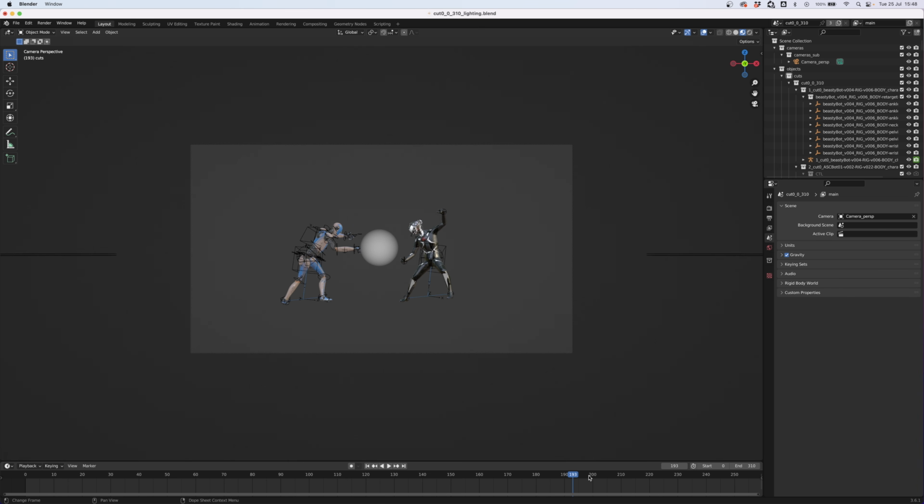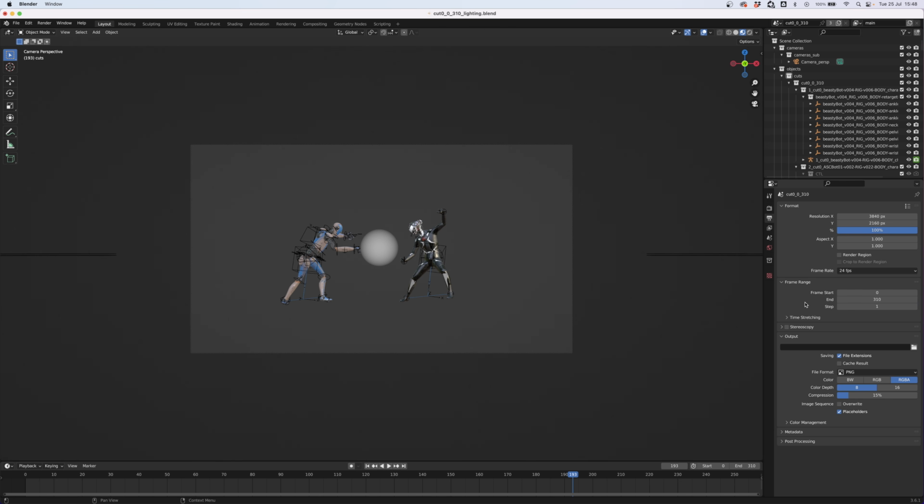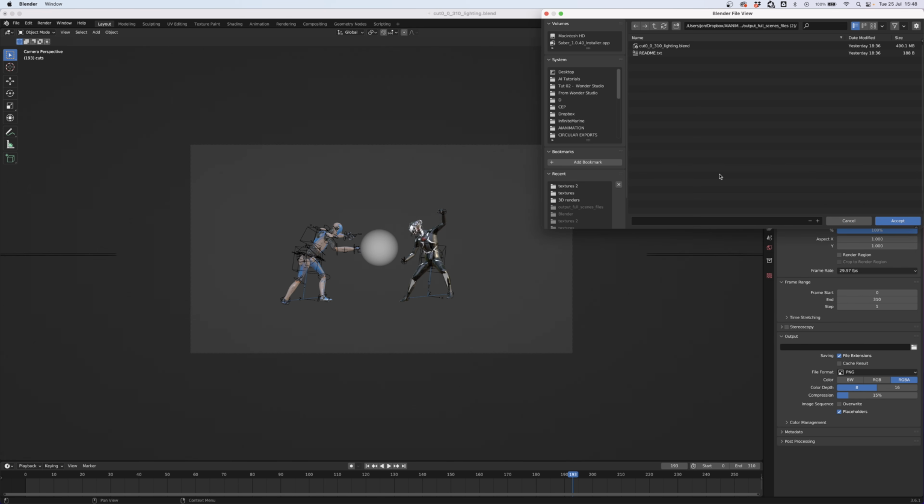And if you simply wanted to export this scene now, you could go to your render settings over here, press Output, check the frame rate matches your scene. So we know from earlier that our video footage is 29.97 frames per second, so we can set that here as a frame rate. You can also set your output and choose where you want your renders to be saved.